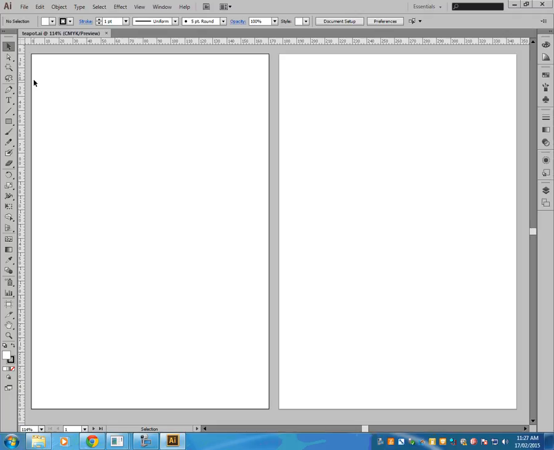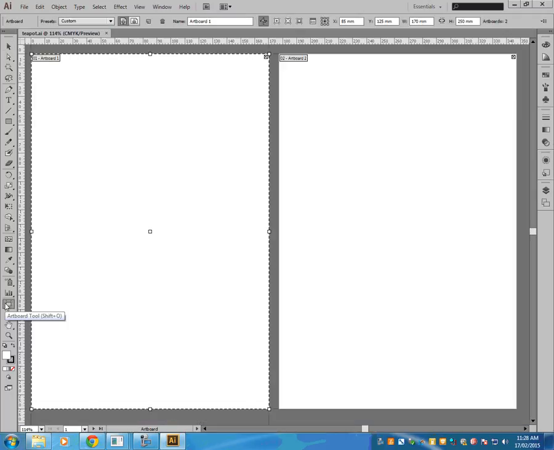Okay. The next thing, because we want to resize one of these artboards, I want to show you how to do this. So on the toolbox, we're going to go into the artboard tool. Now it's sort of near the bottom of the toolbox, where my mouse is down here. It's like a rectangle, and it's got little lines sticking out of the corners. And it's above the slice tool, which looks like a knife. Okay, so if you're looking for it, there it is. So if you click on that,